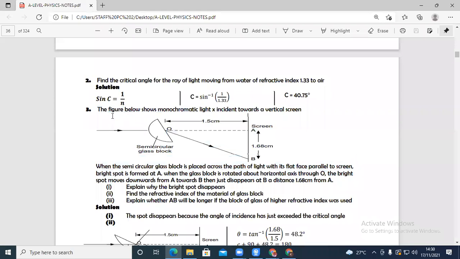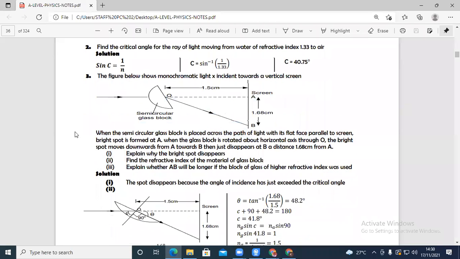So let us go through question number 3. They are saying that the figure below shows monochromatic light X incident towards a vertical screen. When the semicircular glass block is placed across the path of the light with its flat face parallel to the screen, a bright spot is formed at A. What are they saying here? They're saying that before this